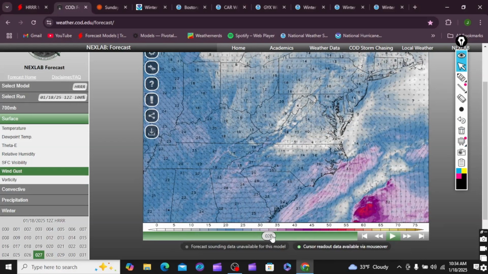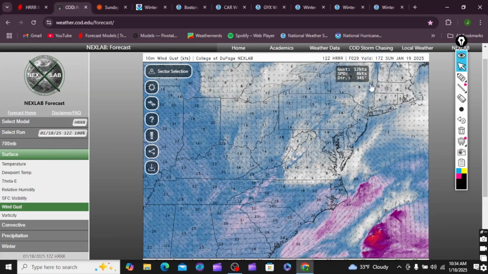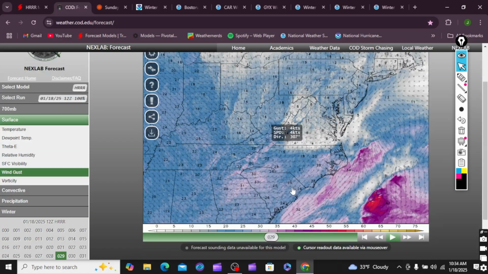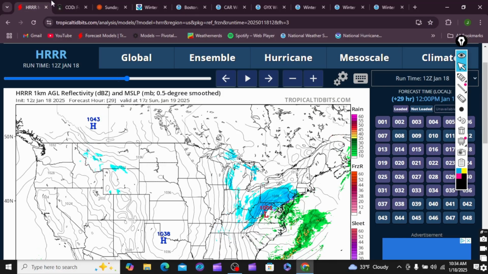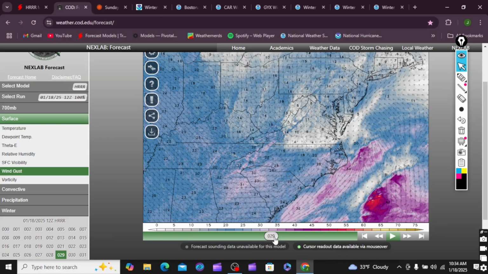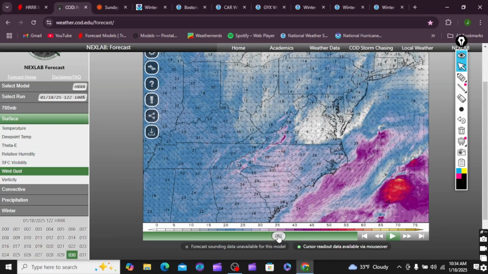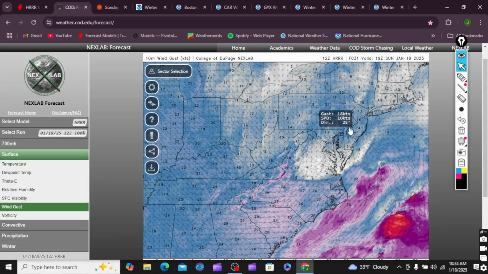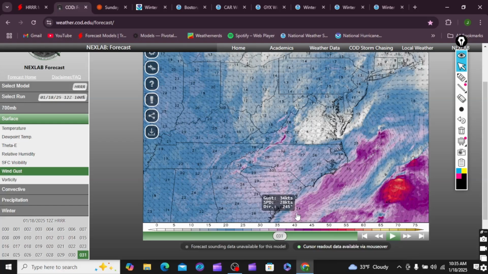Let's go 11, 12 in the morning here now. This is about 12 o'clock when that snow really starts kicking up. 15, 20 mile an hour winds with the coastal low developing. This is about 12 o'clock when that snow is starting to kick off. Then this is about 1 o'clock, and you start noticing the wind increase just a bit. This is 2 o'clock. You're starting to notice those darker blues, even some purples. Now you're talking about 20 to 25 mile an hour wind gusts with some of that blowing snow.